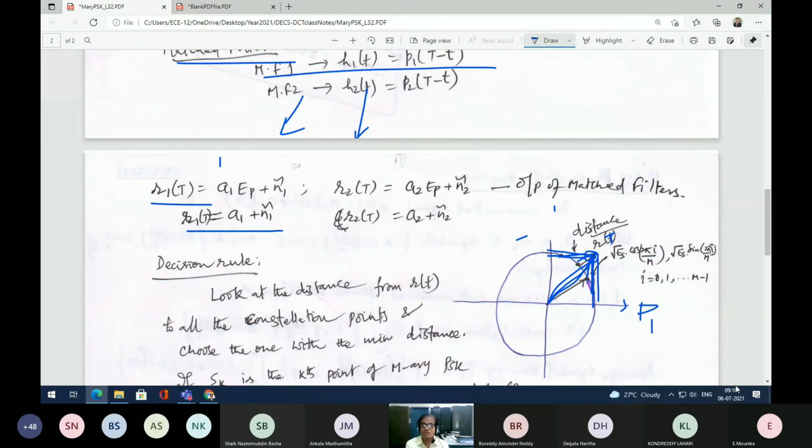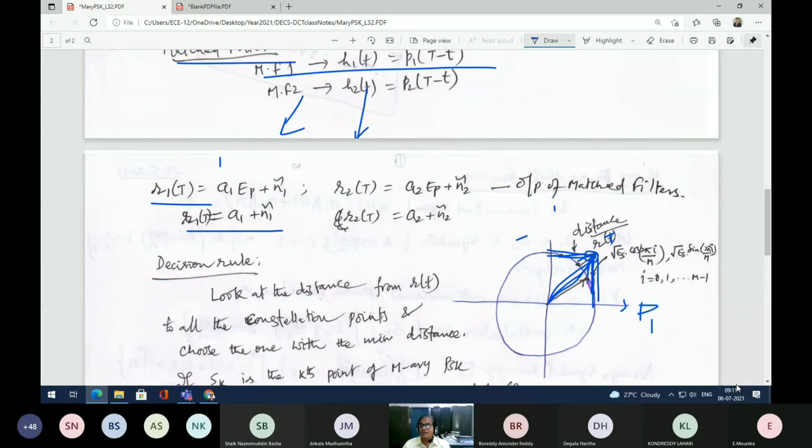It's something like you are playing a game and some people are standing in a circle, and one person is selected and kept as R of t. With respect to that person, I will find out the distance between each person who is standing on the circle. Do you get my point?